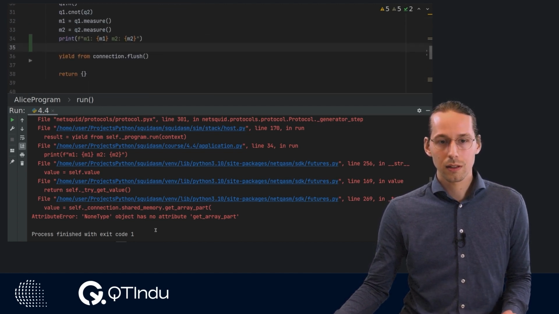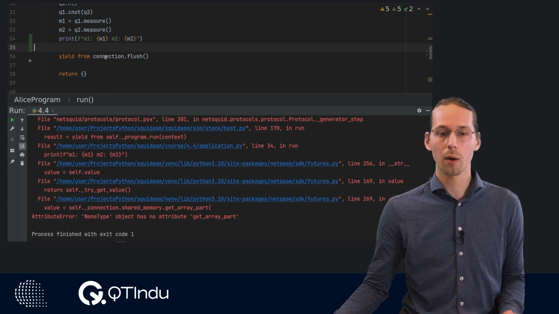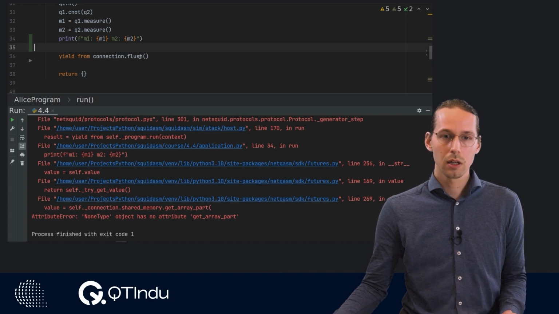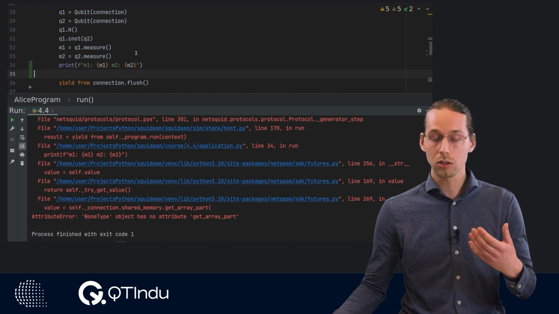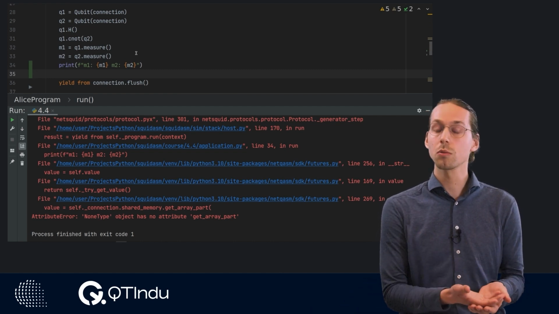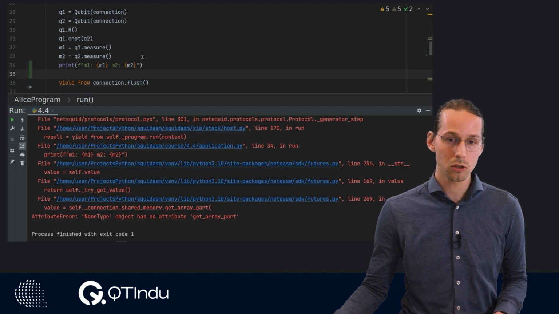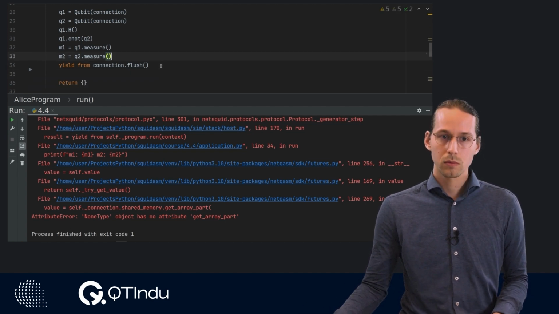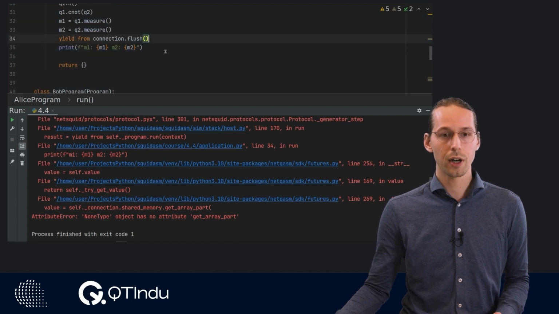So if we try to print the measurement results before we send the instructions to the QMPU, we get this error. That's fairly reasonable because these simulations and also these measurements have not happened yet, so we cannot show the measurement results. But if you run it after here, it runs just fine.